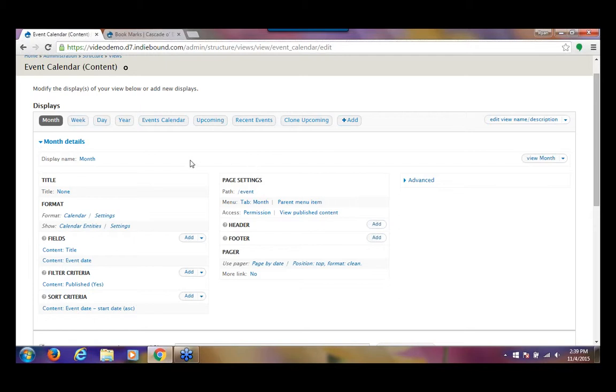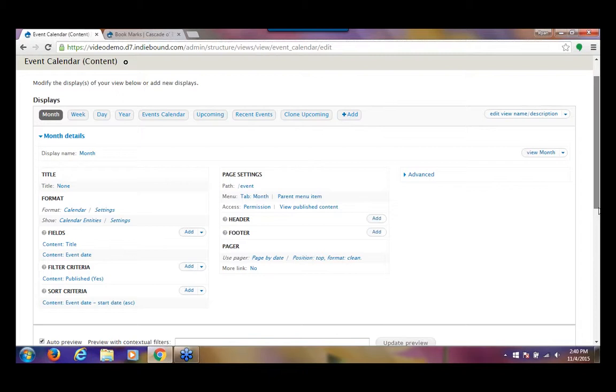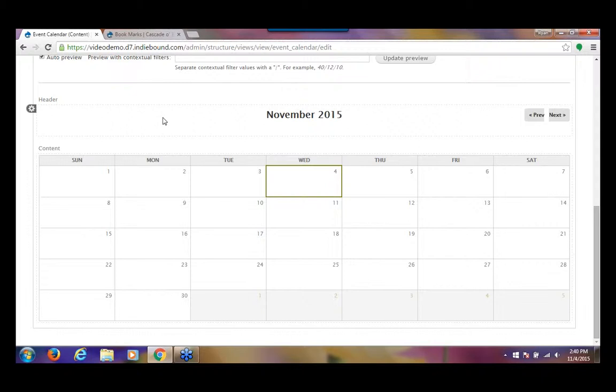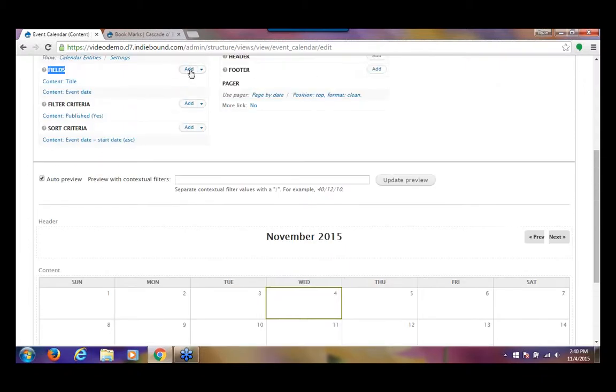For today, we're specifically making changes to the month. And for the color coding, you have to have already entered your taxonomy, which Scott went over before. He pointed out how on the events we already created, taxonomy was already added. So once your taxonomy is added, to color code based off of it, you come to your view, and here we're using fields. In the view I originally showed you, we were using content. Now we're using fields, and we're going to add the field for color coding, and that is your taxonomy type. So once you click on Add,